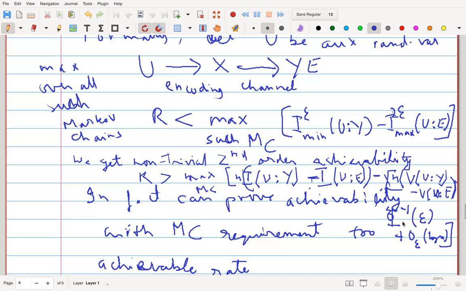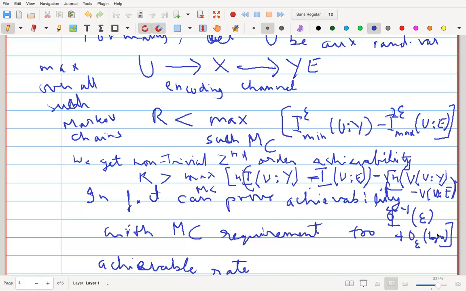The error dependence comes in here, and there is also error dependence in the big O constant, which depends on epsilon, but depends only on log n in the number of repetitions. Is this clear? This is just our usual second order analysis applied to this. So there is already something non-trivial which the one-shot theory is doing, which you could not have proved with the IID theory. It would be great if you can prove a matching second order rate, that up to the second order level, this is the dependence on square root of n. That we don't know.